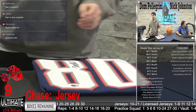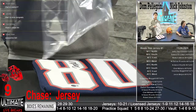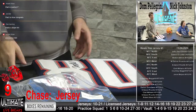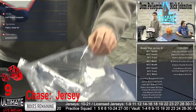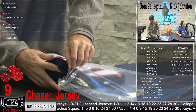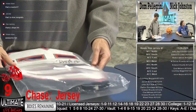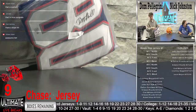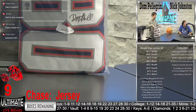Yes, it is a custom jersey, Robert. These are the $27 custom jersey route tree. The licensed jerseys are the $80 break, fully licensed jersey break. Route tree is custom jerseys. $27. Courtney won Danny Amendola. And guys, at the end of the show, you can still win up to $100 of UA gift